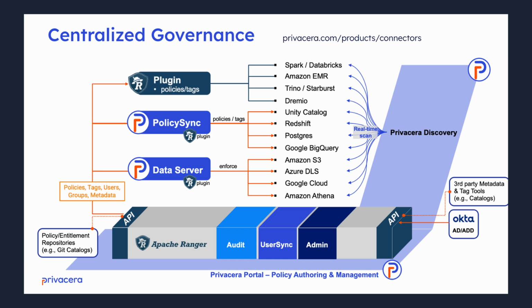and data server. So attached to Apache Ranger, is the whole subject of this talk is how things are connected to Ranger and how they're connected to Privacera. The top one, the plugin method, is the original methodology for Ranger, where we had multi-node systems like Spark and EMR. It is a Java plugin system, typically enabled via the boot or init script of that system. So when those clusters are starting, for example, when EMR starts, Privacera would be installed via some boot script actions. This would enable both,